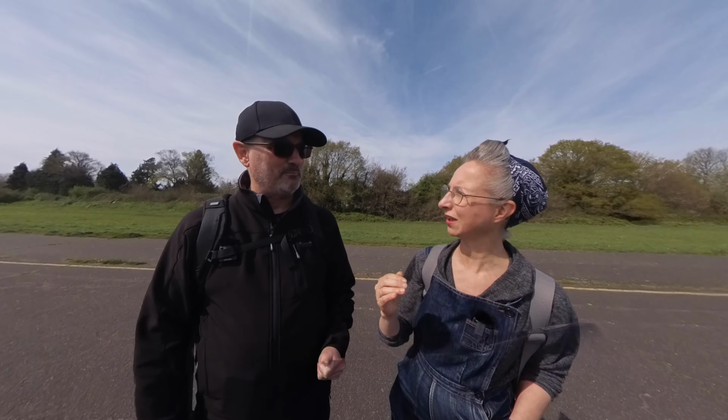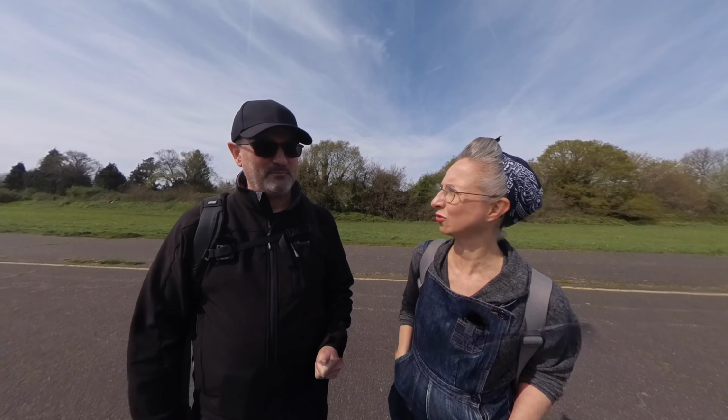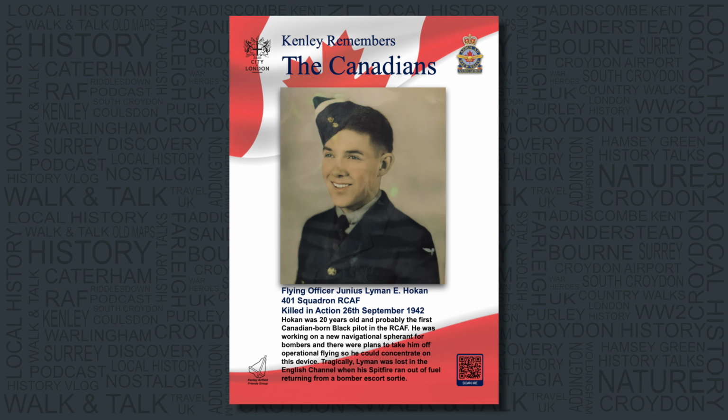And it's really interesting, because unless you really thought about every line on that thing, you wouldn't spot anything on the paperwork that would indicate that he was black. He was working on a navigational instrument for bombers when he was killed, and in fact they were about to take him off ops when he was lost on the Morlaix disaster, which is a horrific thing where a whole